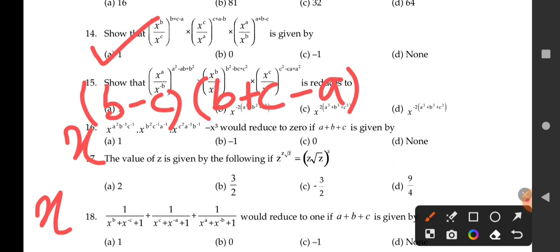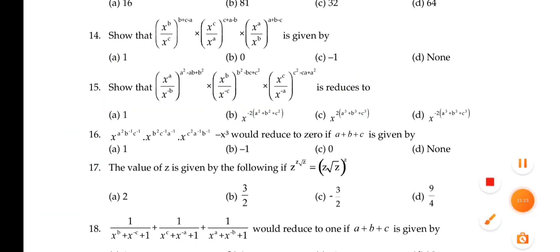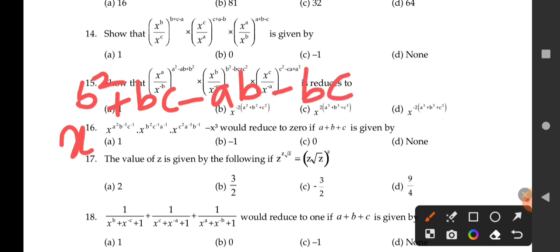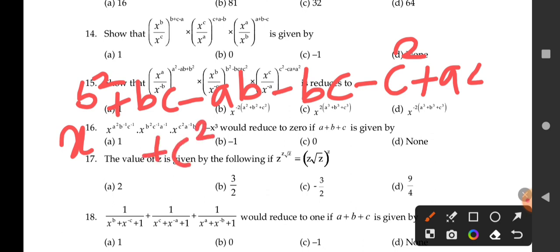So I'm going to directly expand this for you so that you can check it by yourself. X power b square plus bc minus ab minus bc minus c square plus ac plus c square plus ac minus bc minus